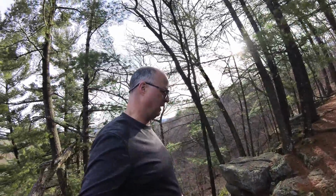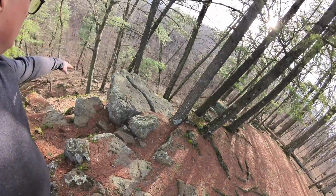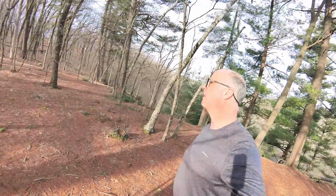This is a pretty cool spot out here. This is a nice place to hang out and explore. You can scramble down that way. No trails specifically out here, but this is a really pretty little spot. Okay, that was